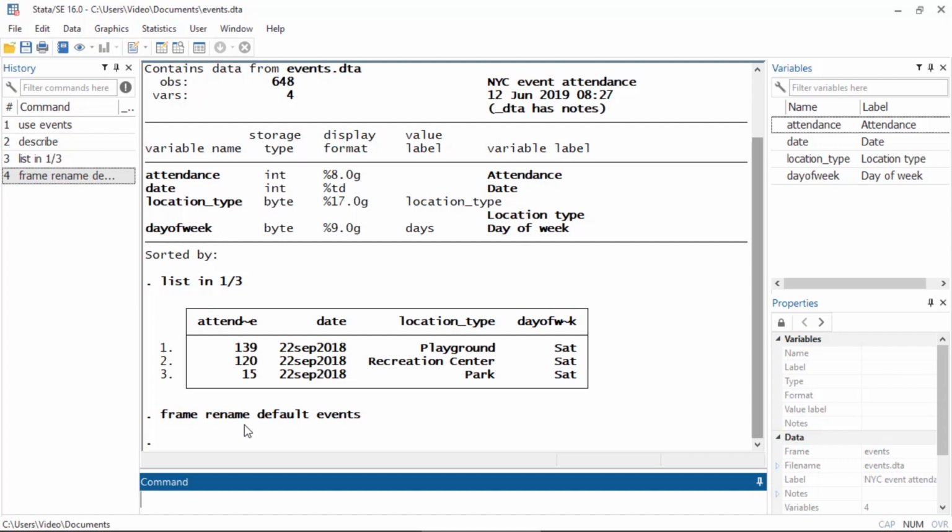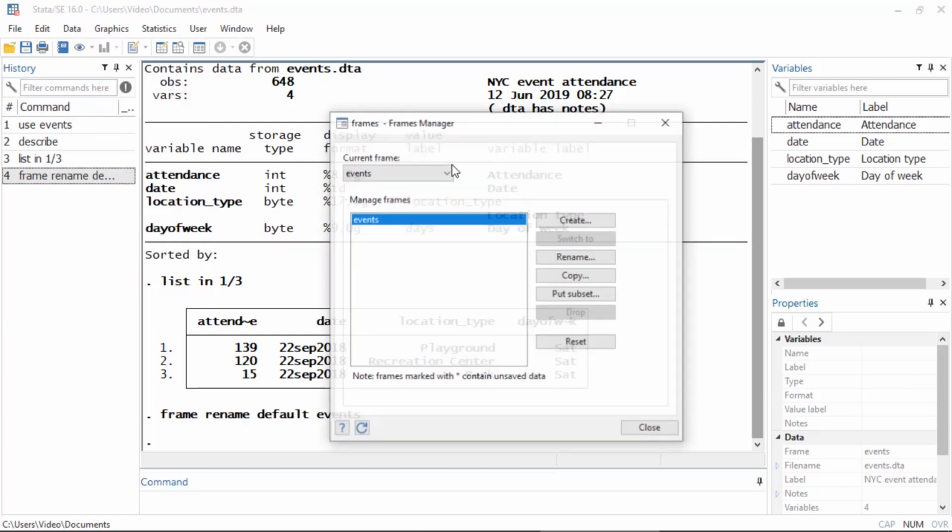I want to fit a model for event attendance, but I want to account for the weather. Now, I don't have that information here, but I do have another dataset made available by the National Centers for Environmental Information that records the average temperature and whether there was any rain on a given date. I'm going to load that dataset into another frame and then link the two frames to access the weather information in this events dataset. So to do that, I'll go back to the Frames Manager and I'll click on Create,